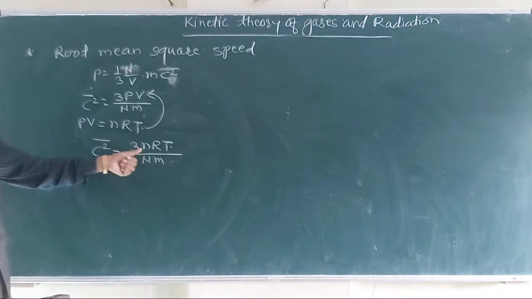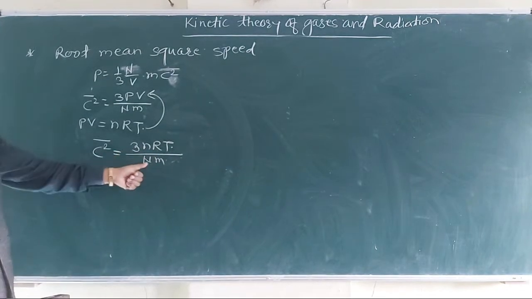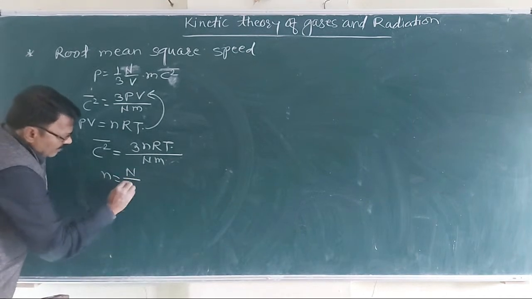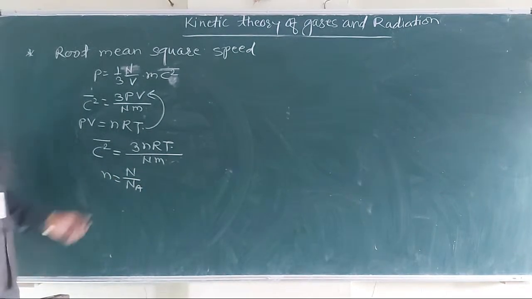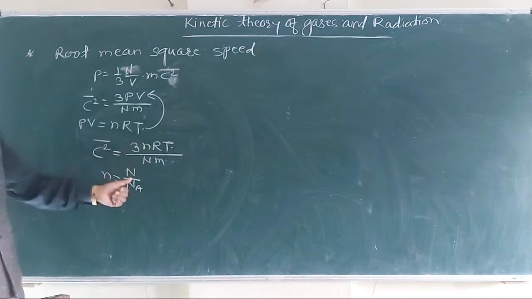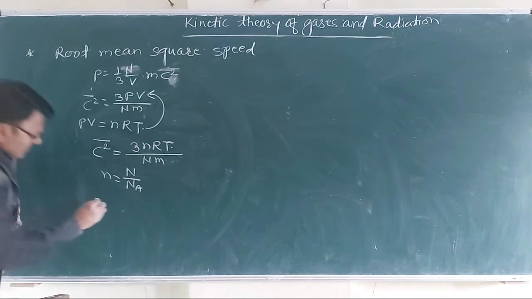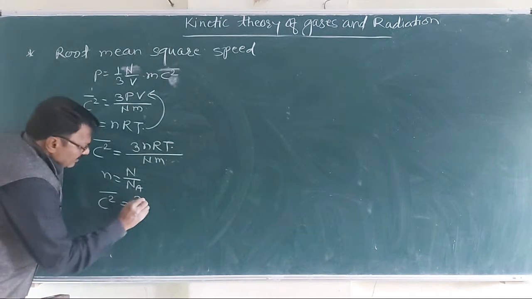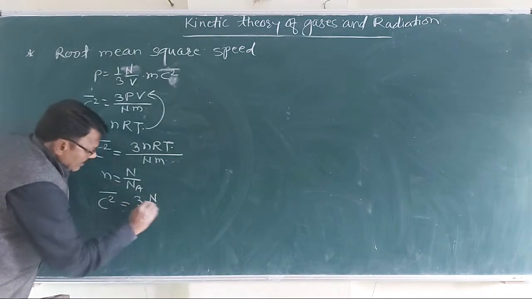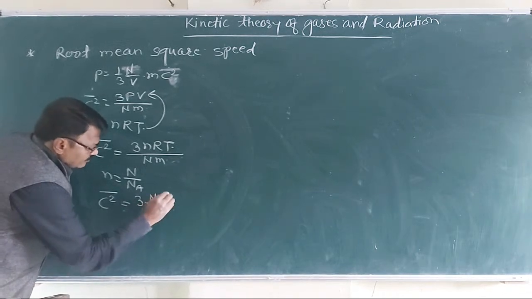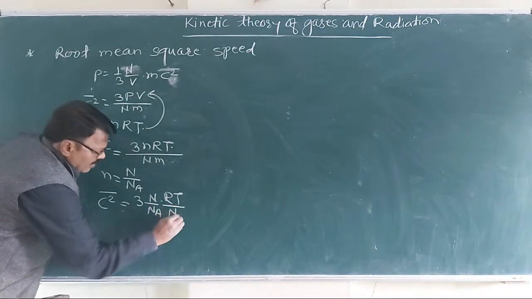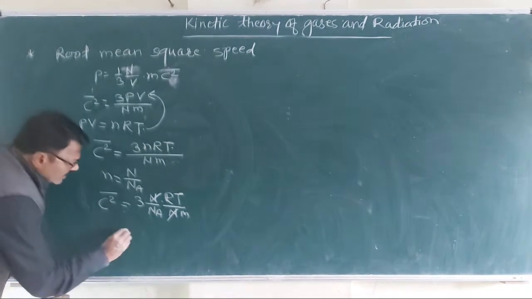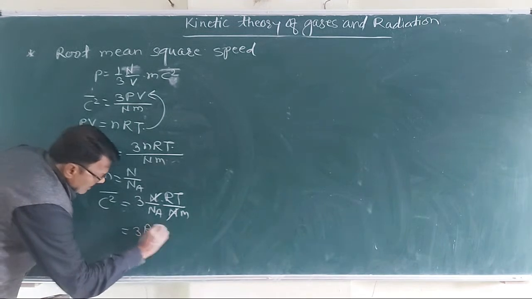But n, the number of moles, is equal to n upon N_A. By substituting this we get c square bar equal to 3 into n upon N_A into RT upon nm. By cancelling n we get 3RT upon